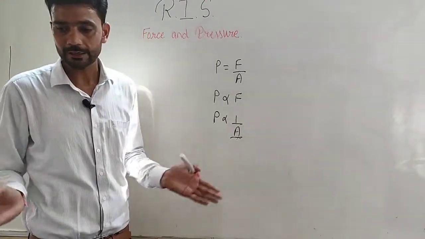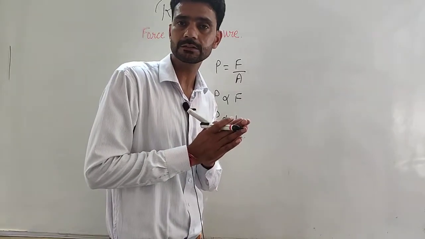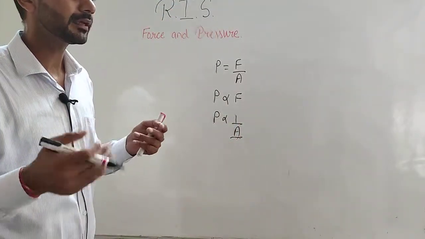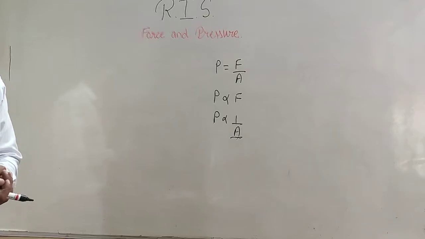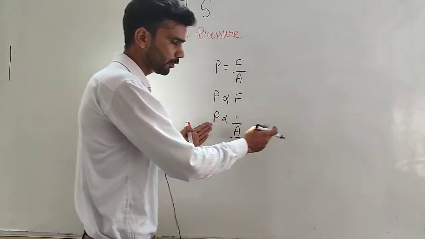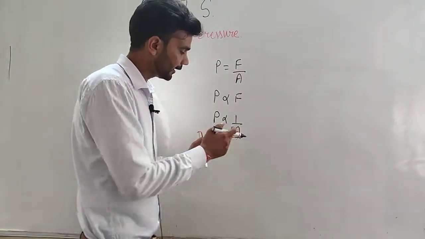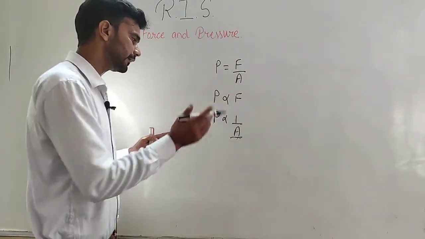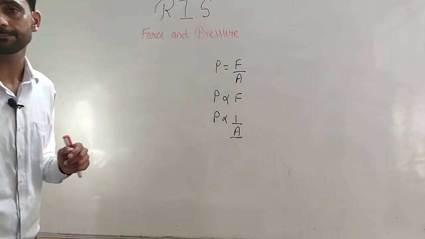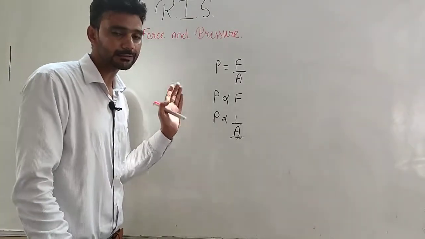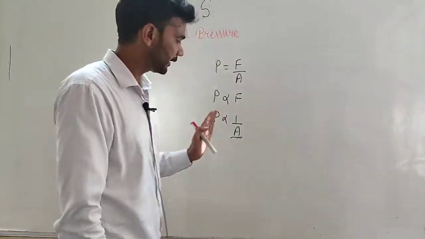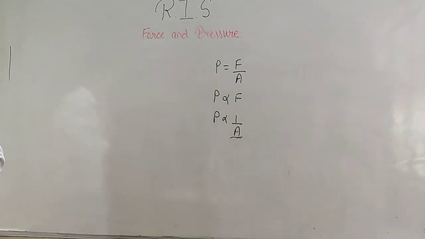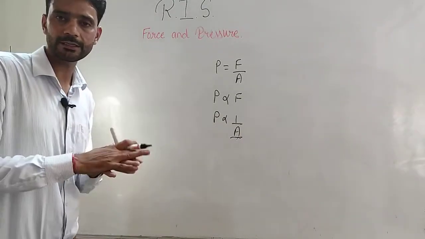Why the tractor have broader tires? That we all know that mainly we use tractor in fields. So if the tires are broader or wider, then area of contact will be high. And when area of contact will increase, then it will exert a less amount of pressure. When it exerts a less amount of pressure, then it will not stuck into the ground. भाई ट्रैक्टर है वो नीचे धसेगा नहीं.